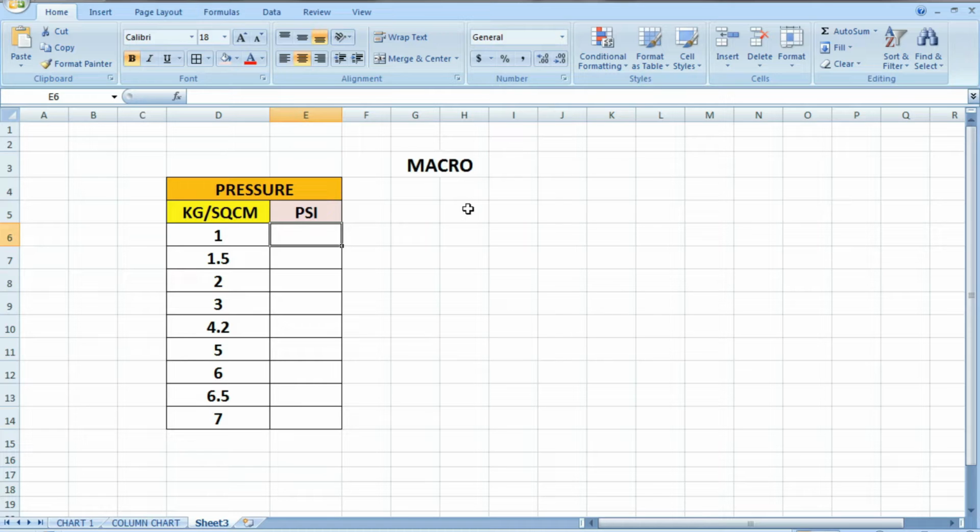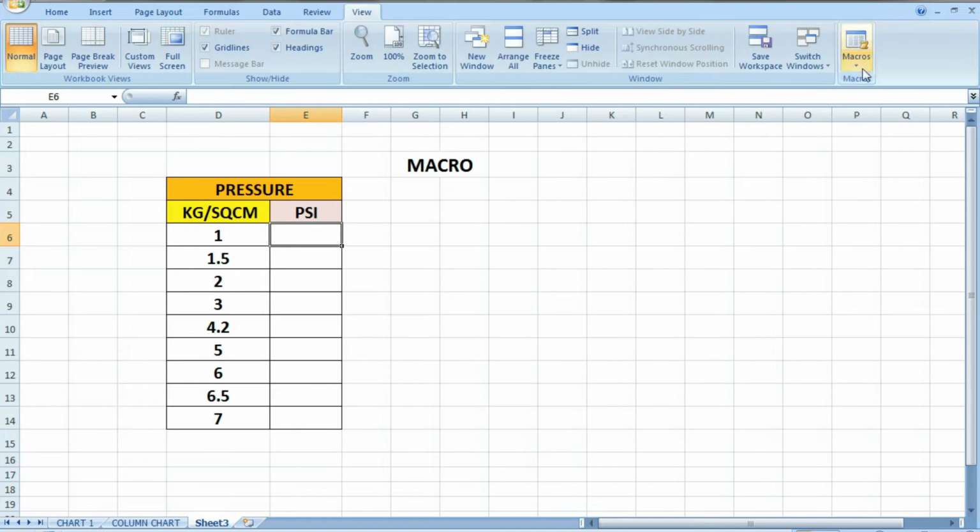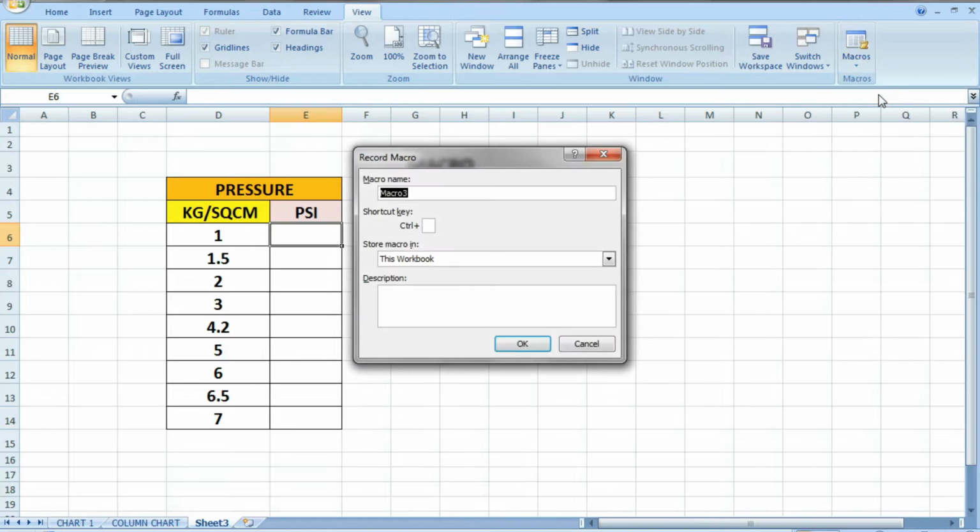So for this, this is a small exercise: the pressure in kgs per cm square and psi. Now we want to convert the pressure of kg per centimeter square into psi. For this, first of all, we are going to use the macro. You have to go to View, then Record Macro. Then you say, pressure conversion.